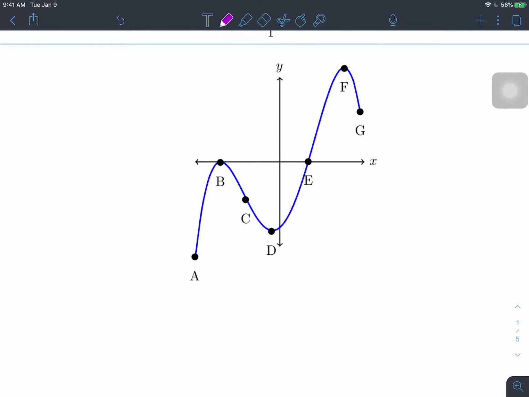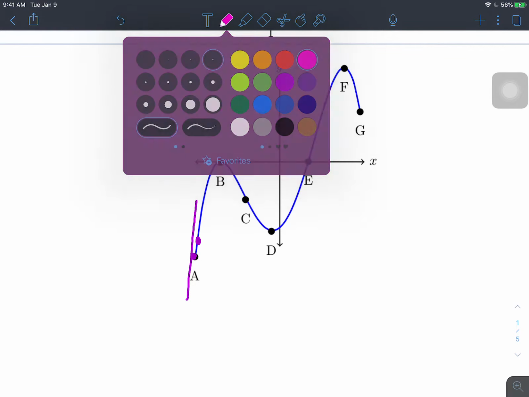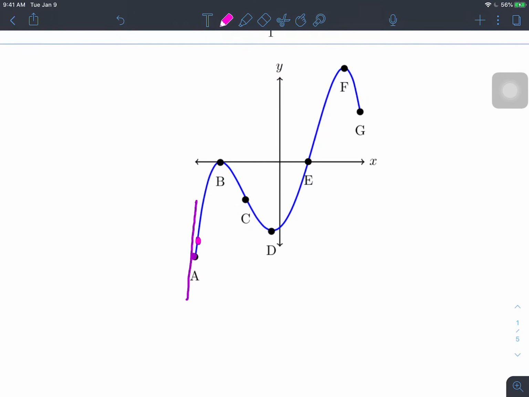Or I could literally look at the tangent line at this point. It looks like it's going like that. And then find some point very nearby, maybe this point here. Let's do it with a different color, we'll do it with pink. So some point very nearby, but to the right, and check... okay, well, that's not a good tangent line, is it? Maybe this is a good tangent line. Okay, and check,